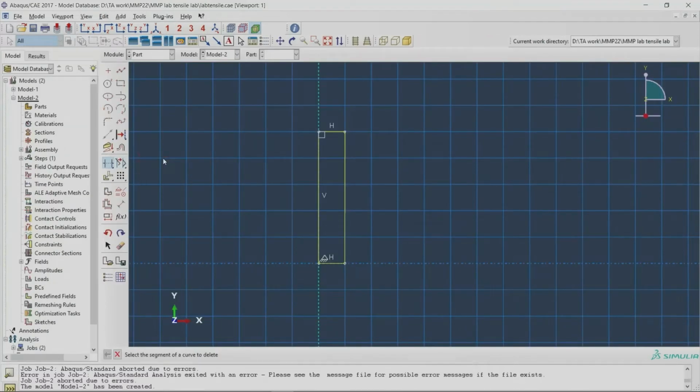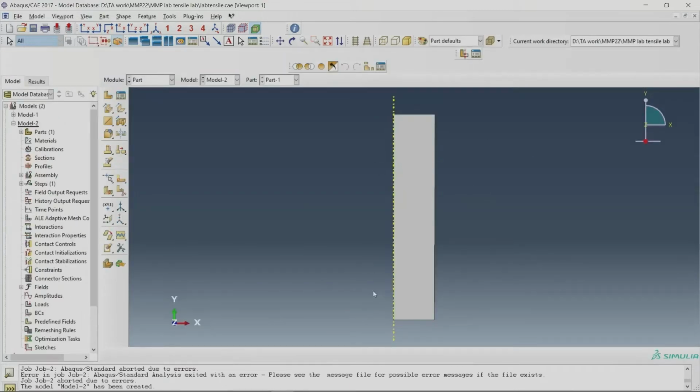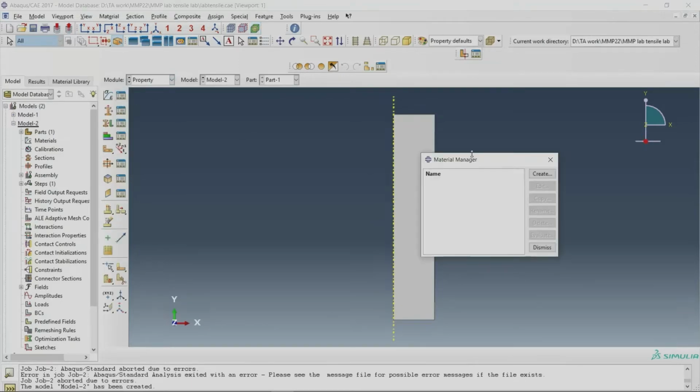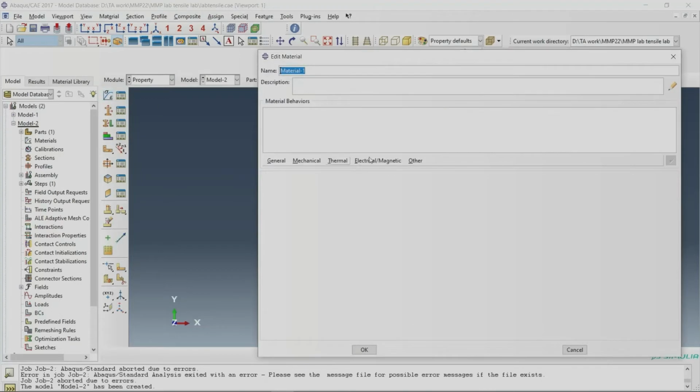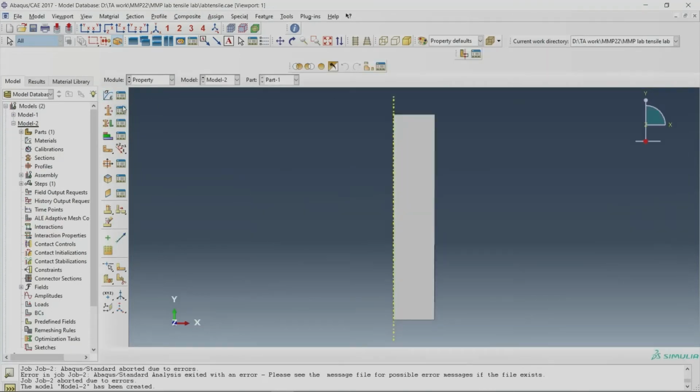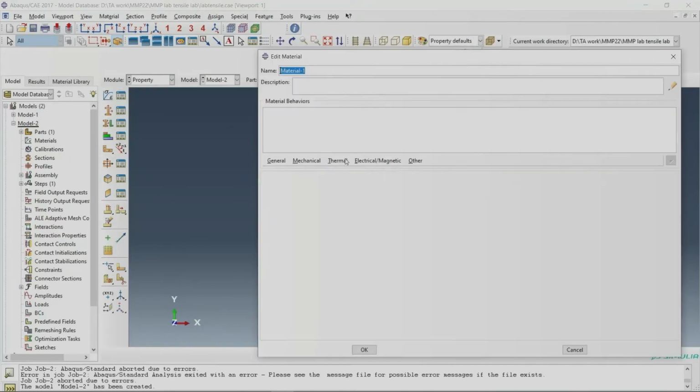This one here is for deleting lines, and you can try many things more. Let's stick to the drawing design. So this one here is your part that we are going to simulate. Then after that we are going to make a property. Like here in the part, we have the part manager. Similarly for property, this is its manager, the material manager.